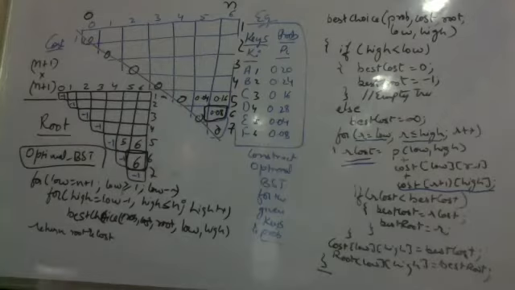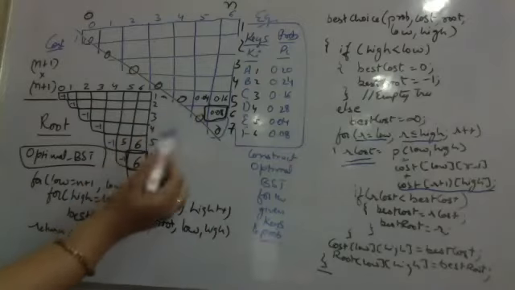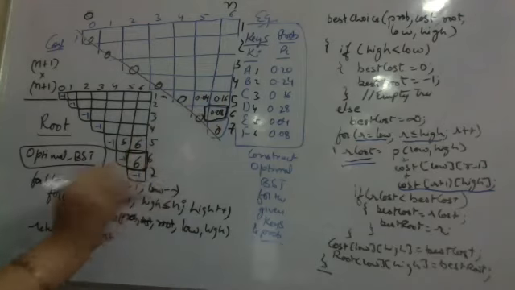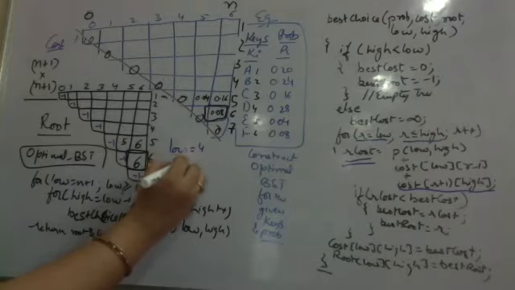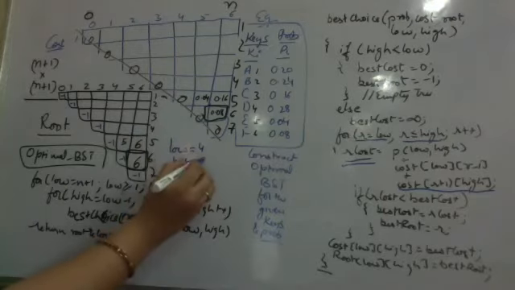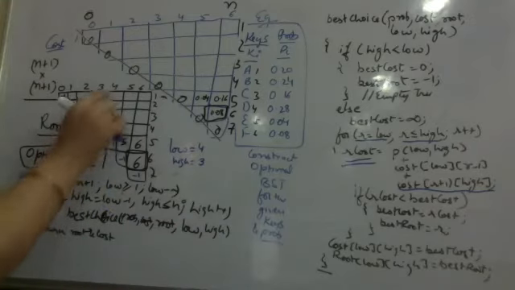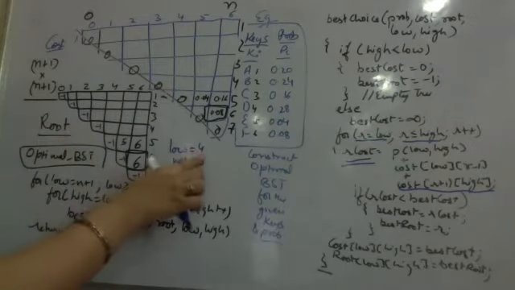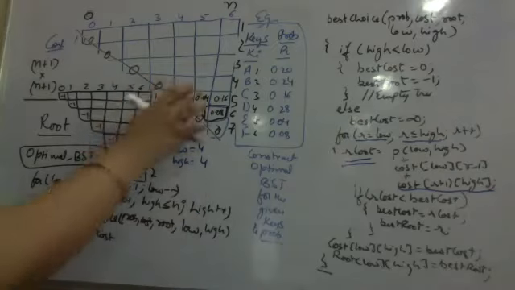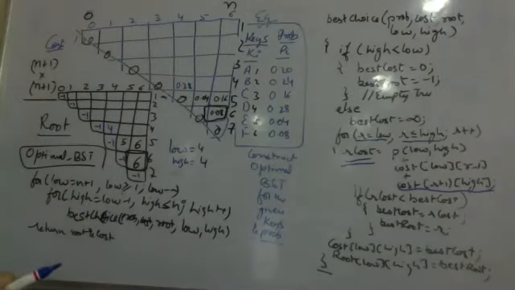So we have checked for low is equal to 6. हमने low is the root column number, हमने 7 6 5 तक calculate कर लिया है. Now low changes to be 4. Now low is 4. High is initialized to be low minus 1. So high is initially 3. 3,4 के लिए this is initialized to be 0. This is initialized to be minus 1. Again, it becomes 4,4. So the probability is the probability of searching D. It becomes 0.28 and the root here becomes 4. ये तो समझ आ रहा है ना सबको?